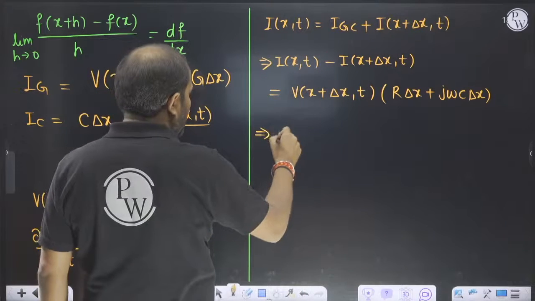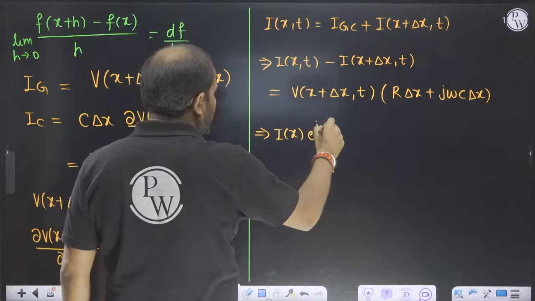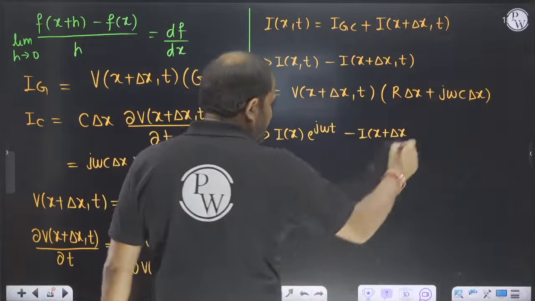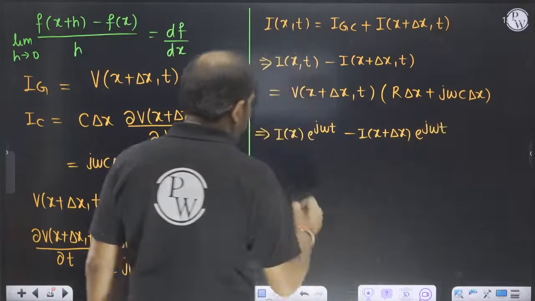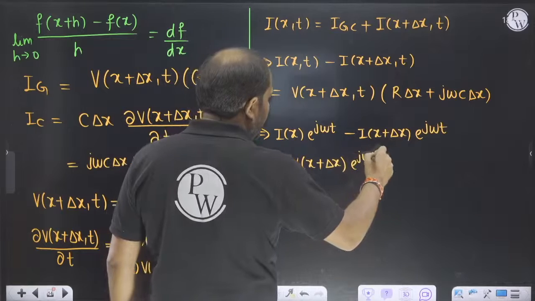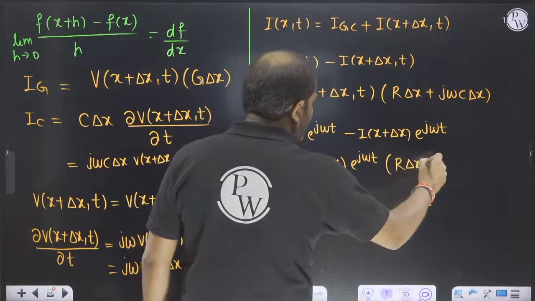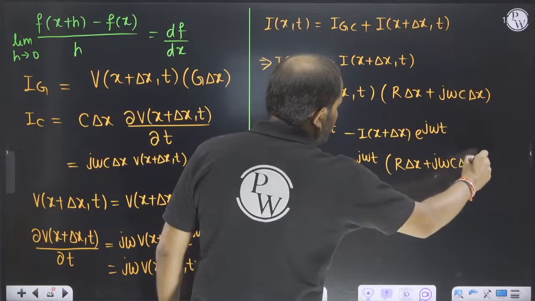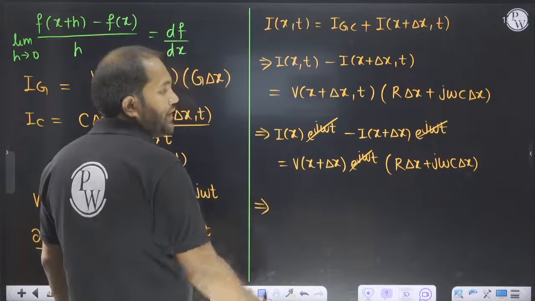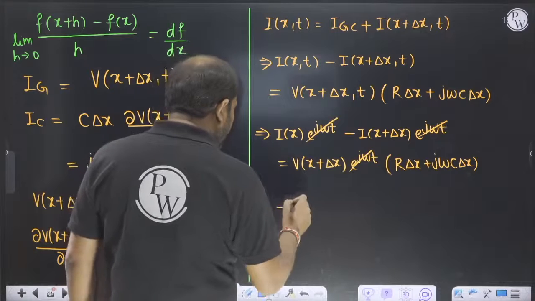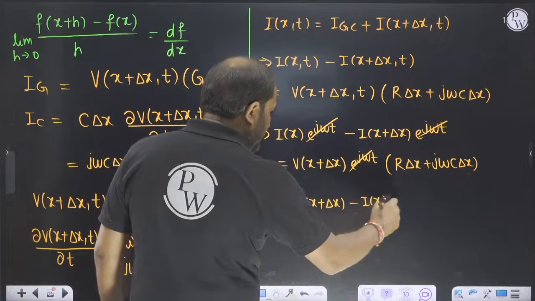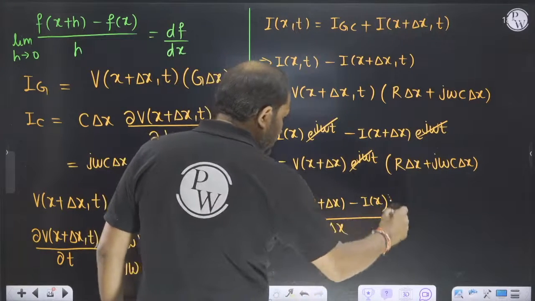As we know that it is time harmonic, so Ix e to the power j omega t, Ix plus delta x e to the power j omega t, and after that Vx plus delta x e to the power j omega t, and R into delta x plus j omega C into delta x. So e to the power j omega t will cancel out. So what we will have is minus Ix plus delta x minus Ix divided by delta x